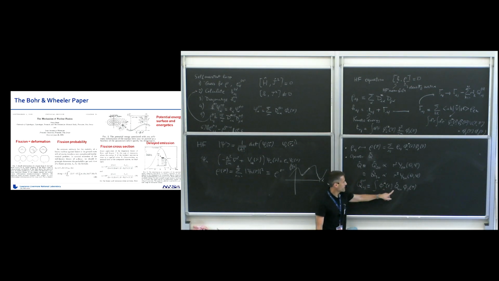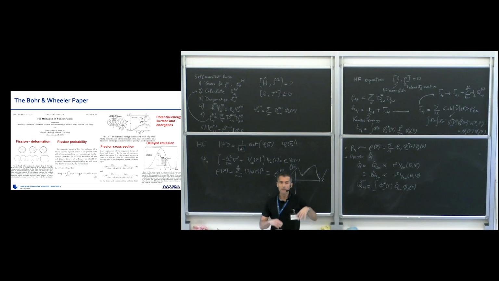This is the matrix of the operator Q20 in my basis. And if I know this matrix, I can plug it into the mean field, the Hartree-Fock mean field. I go a little fast here, but this will guarantee that at the solution